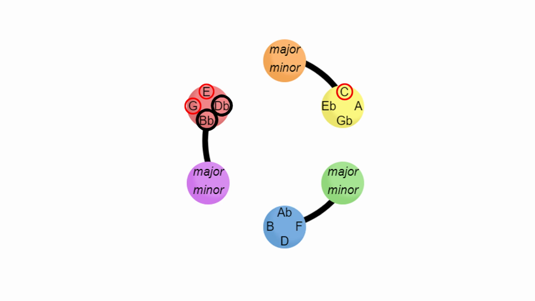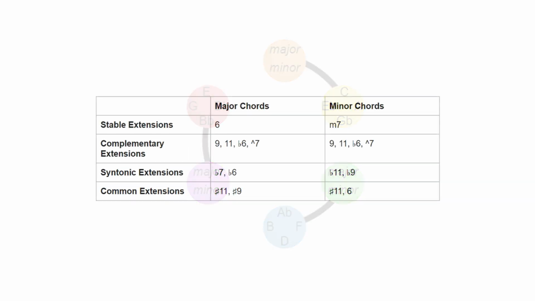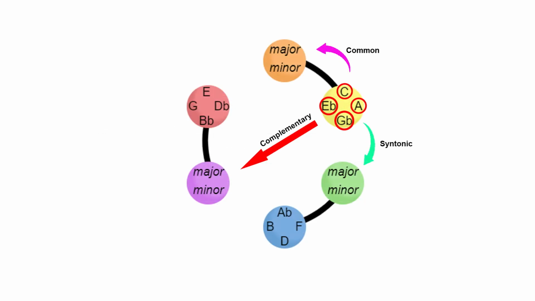Those who come from the syntonic primary color: the flat 7th and the flat 9th, and those from the same primary color as the root: the sharp 11th and the sharp 9th. We may repeat this process for the minor triads, and we end up with the following list. The cool part about these extensions is that, just like the diminished chords, they may also resolve in three different ways. Let's take each one of these and see how they resolve.